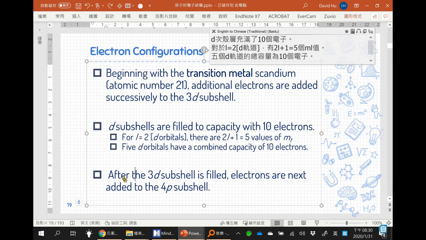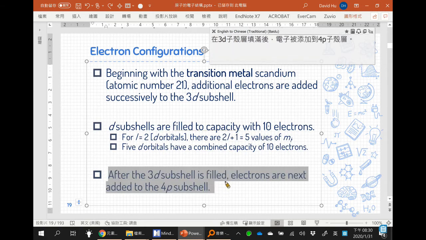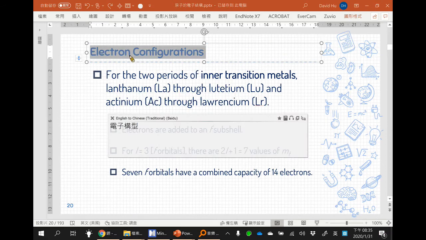After the 3d subshell is filled, electrons are added into the 4p subshell. 好，当 3d 的次壳层填满之后，电子会填到 4p 的次壳层里面。Electron configurations. 电子组态。